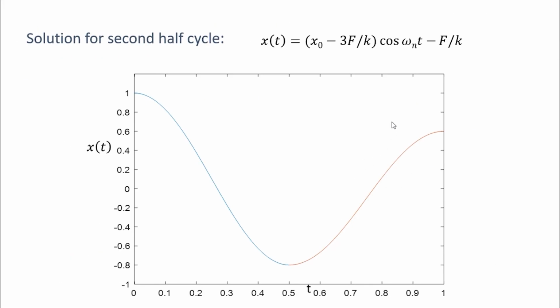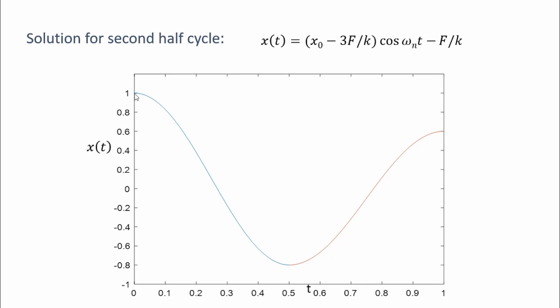So similarly, we can find out the response during the next half cycle. The solution for the Coulomb damped system for the second half cycle is expressed like this: x naught minus 3f by k cos omega nt minus f by k. So for the second half cycle, the solution is this, the red curve. So in the first half cycle, the response was this, and in the second half cycle, it is this. As you can see in this curve,